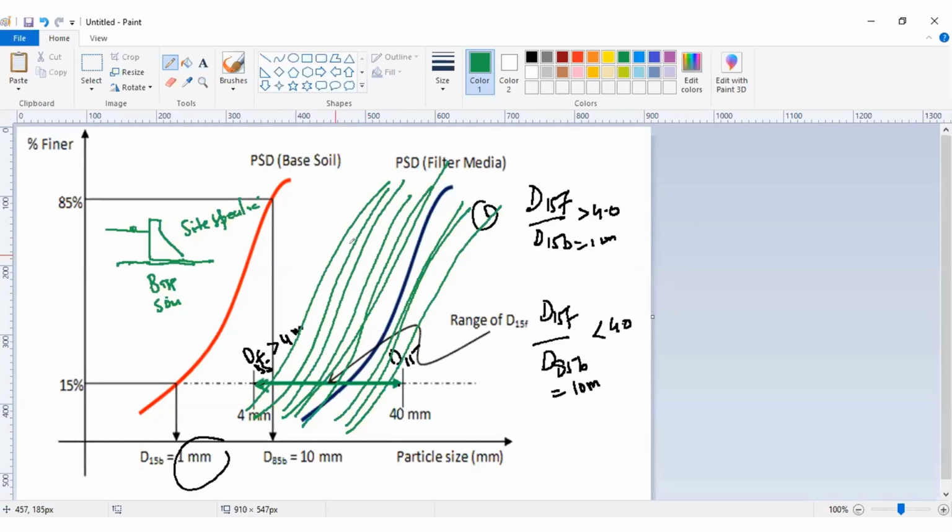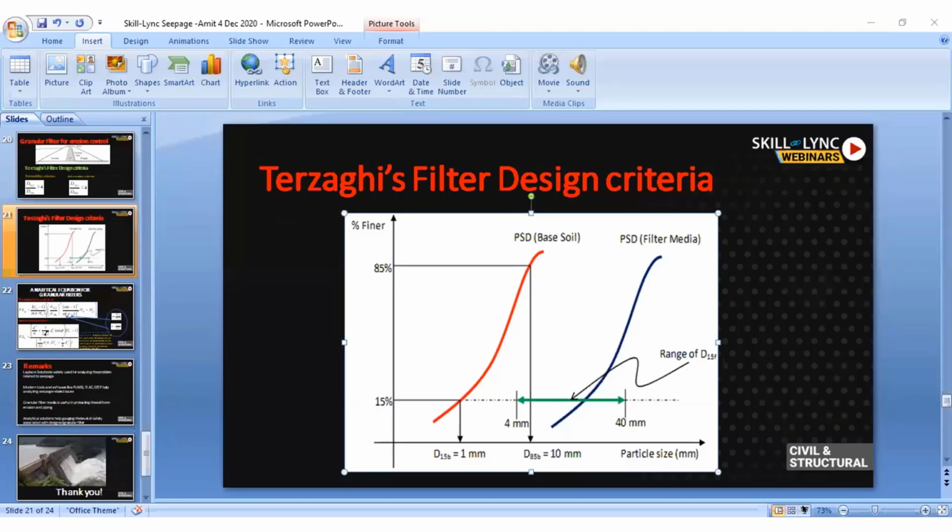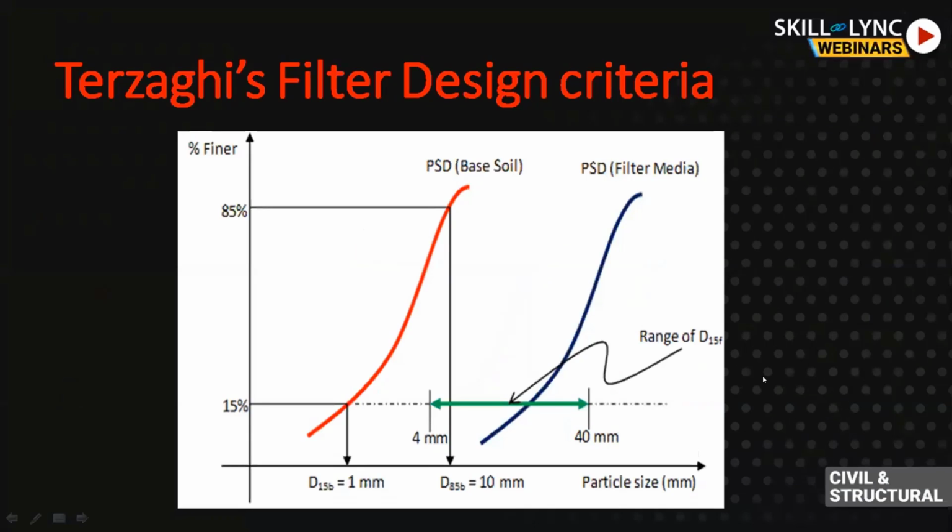The second issue is you don't talk about the factor of safety. You don't know how much factor of safety is available with respect to permeability consideration or with respect to soil retention condition. So to resolve this issue, I came across a unique publication which I'm going to present here, because they were able to provide a unique solution to calculate the factor of safety of the filter media with respect to soil retention and permeability consideration.